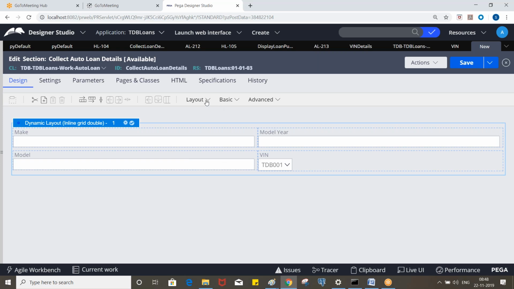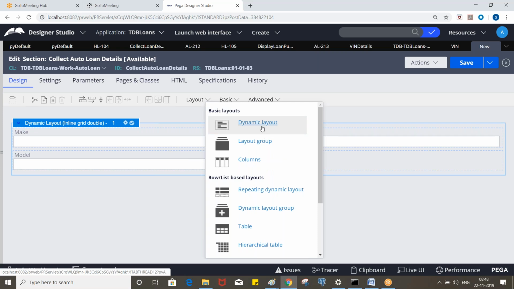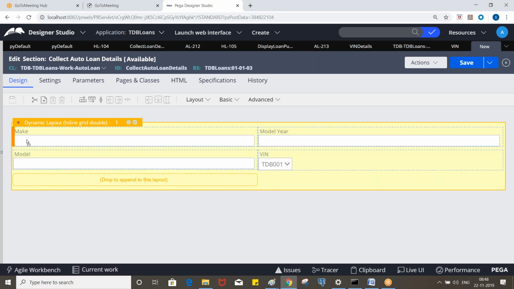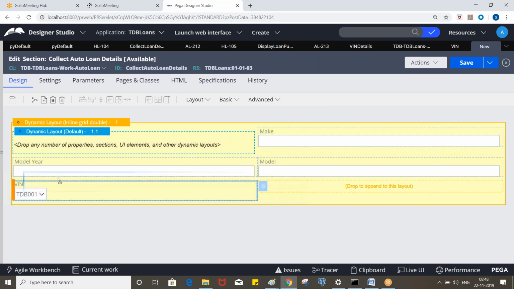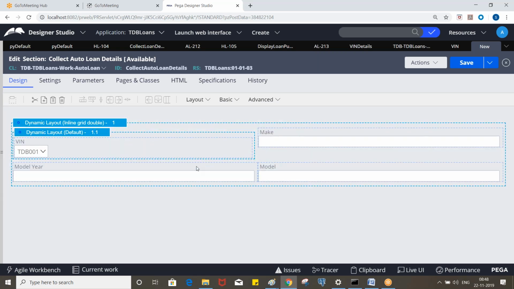For that, what we do is take a dynamic layout and put all the properties inside that. Inline grid double means you can put two layouts in the same row, and this is the default layout.